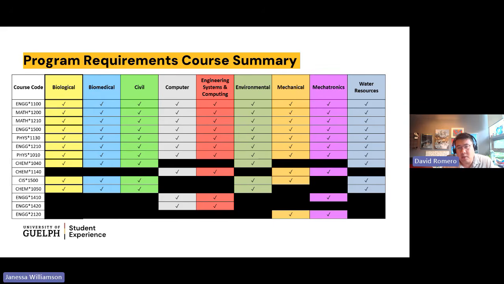It could affect your time to graduation, depending on the prerequisites. If the question was more about what happens if you don't have a required course that you need for your current major, then reach out to us again at engcounts at uofguelph.ca, and then we can help you get into your required courses if for some reason there's a course that's missing.